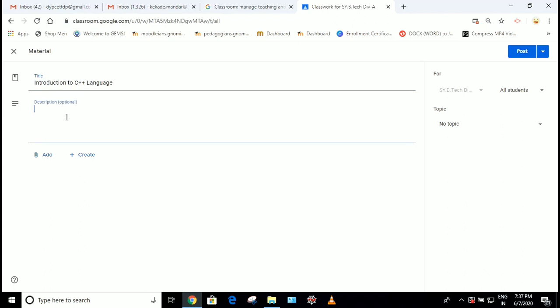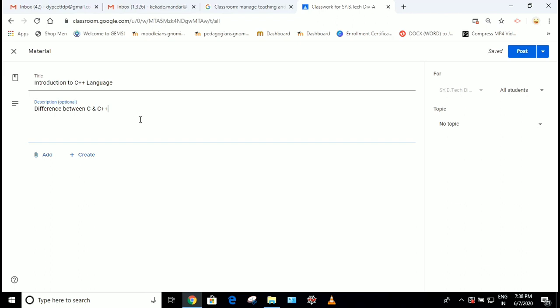For the description, I can write what I am going to actually add into this topic. So I can add the difference between C and C++. So what I'm going to add is the difference between C and C++ under the title Introduction to C++ language.